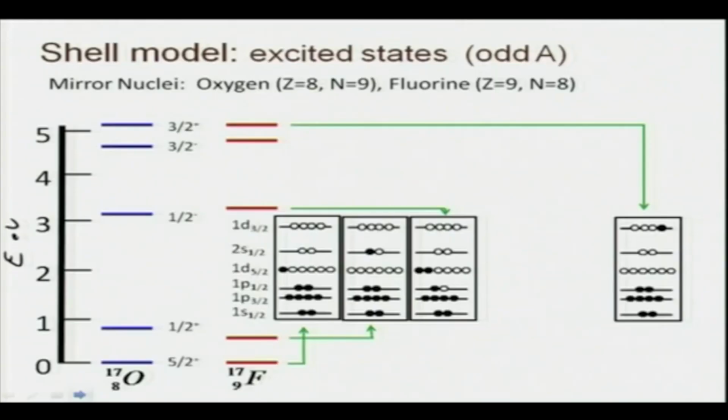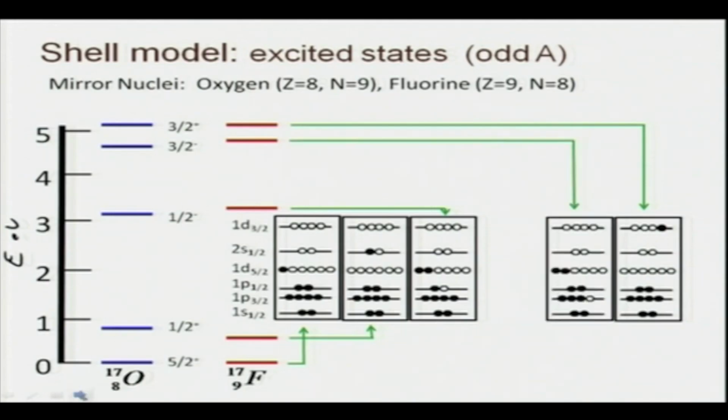How about this? Well, we can break a pair now not from 1p1/2, but from 1p3/2. Well, that is another possibility. So, 1p3/2, one pair breaks and joins 1d5/2. This should certainly be, energy required for this should be larger compared to the previous case, the 1/2 odd parity case,